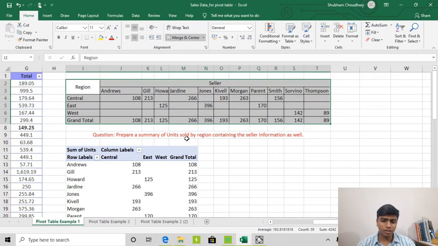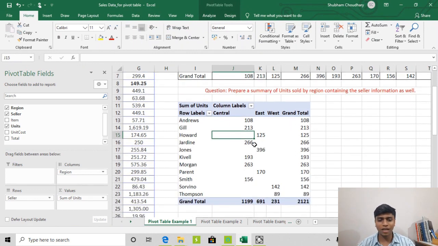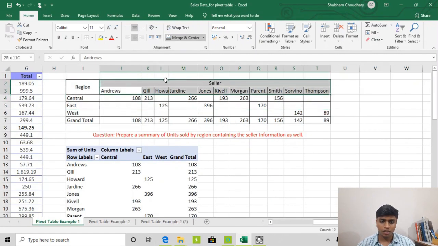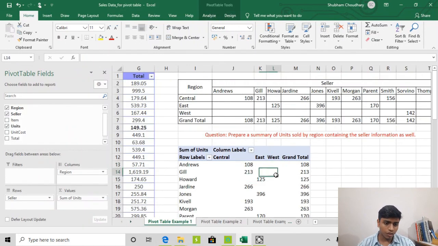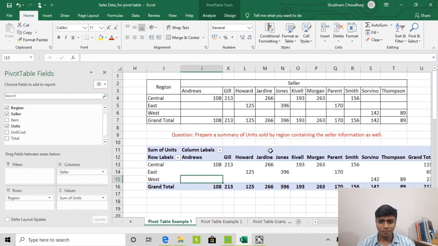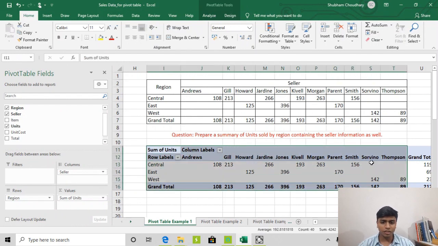If you note, till now we haven't used any formula. As I mentioned earlier, we do not actually require any formula to make a pivot table. We have already made the table, but we want a different format, meaning the name of the seller must be in columns like this, and the name of the region should be in rows. We can do that easily within seconds. Now we just have to drag this region into rows and this seller into the columns, like this. As you can see, both of these are matching now.